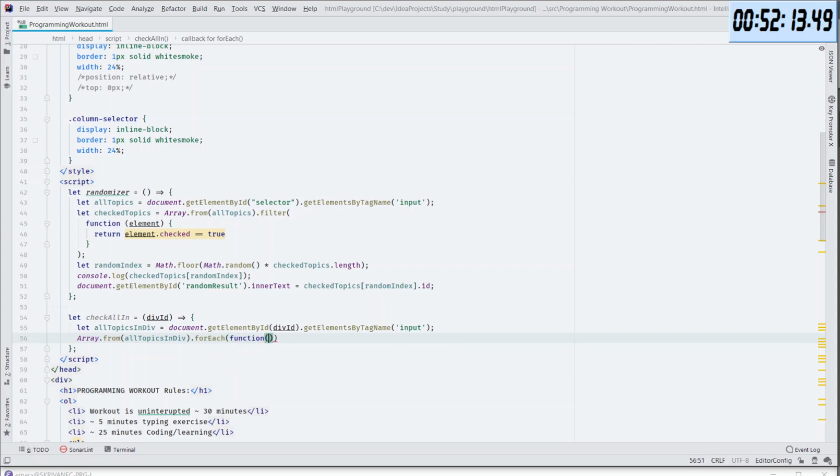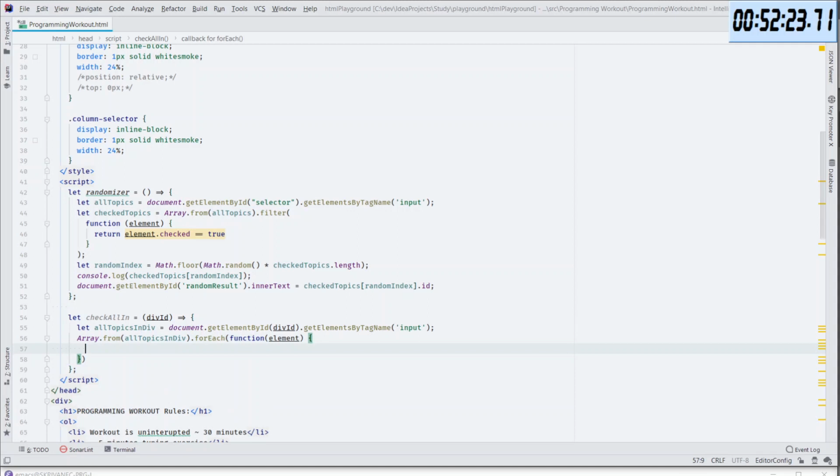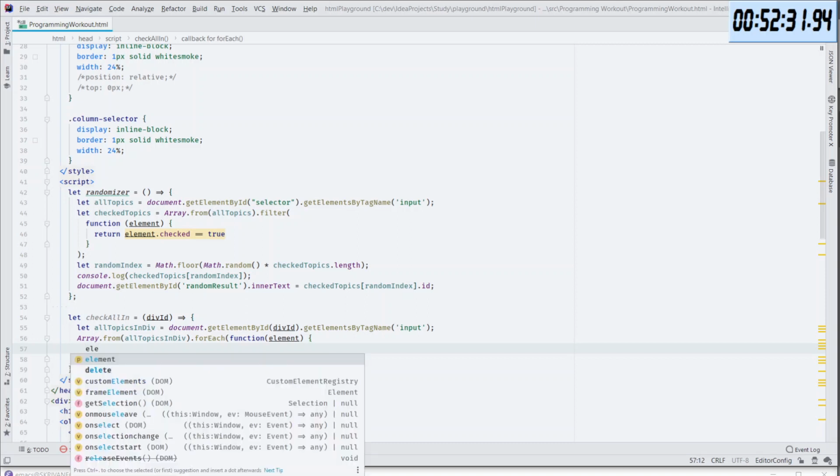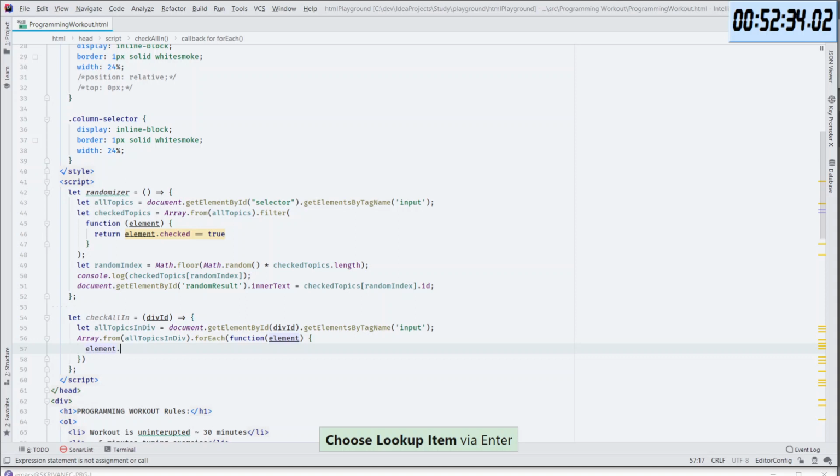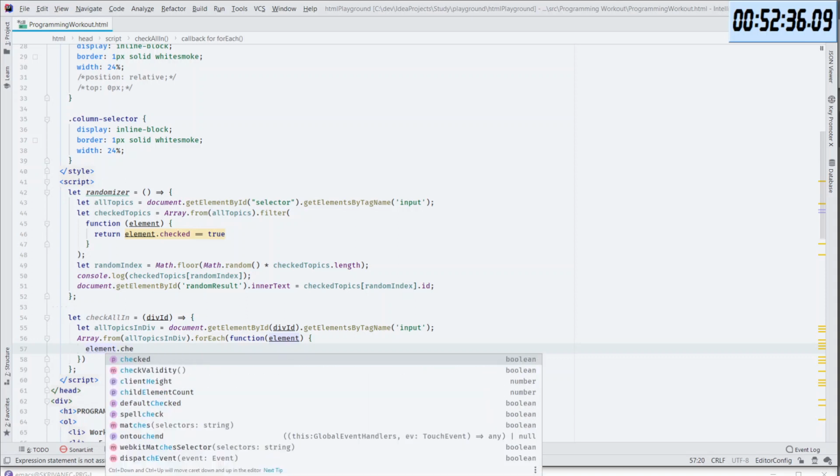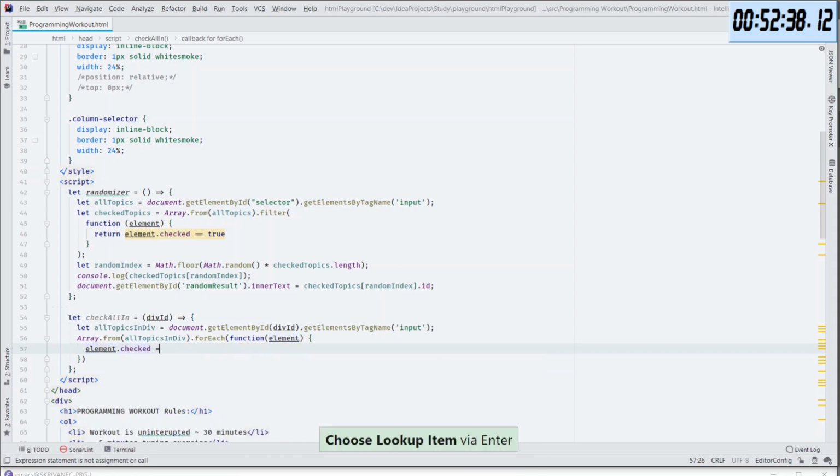It will have the element input, and it will do element.checked equal to true.